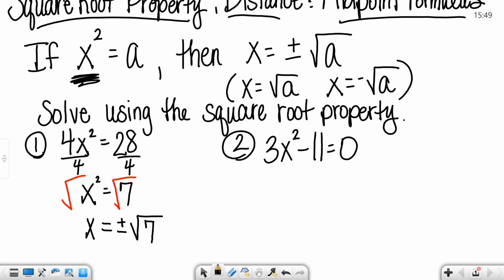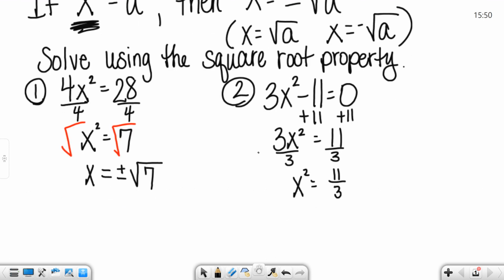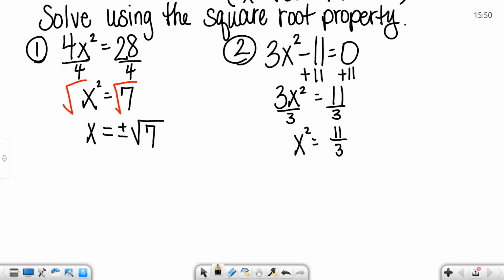Okay, again, if we're going to use the square root property, I need to get the x squared alone. So first I'm going to move the 11. Okay, it's almost alone. Now I'll divide by 3. And we all love fractions so much. All right, so this is where we are. Now we're going to take the square root of both sides. All right, so that leaves me with x on the left-hand side, and on the right-hand side, I get plus or minus the square root of 11